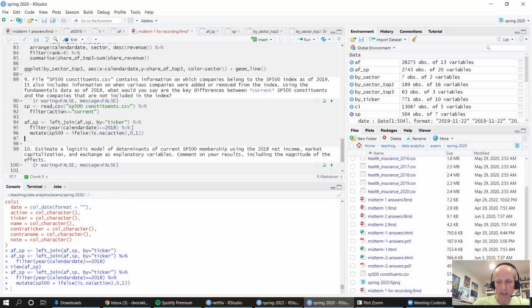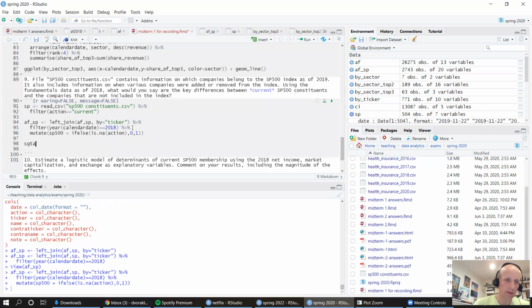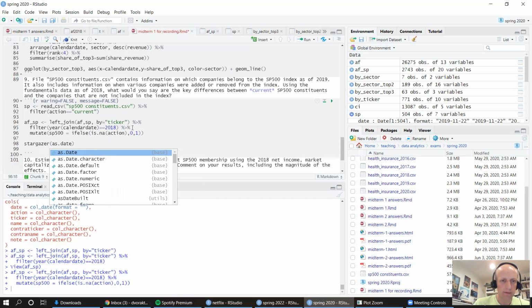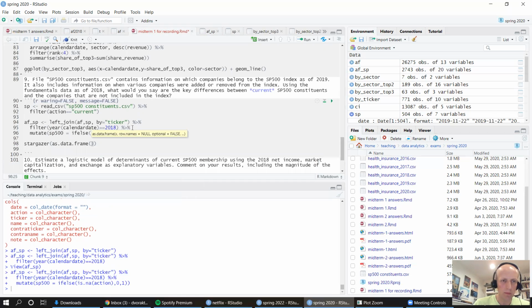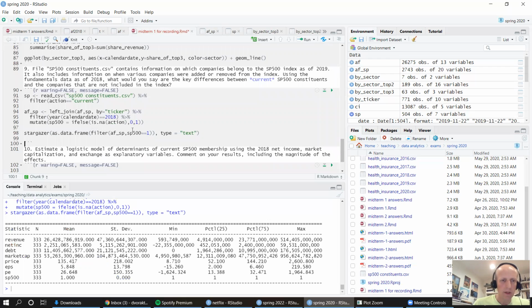Fantastic. Let's see how those companies differ. So let's use Stargazer, with a data frame AFSP. We'll use a filter of SP 500 equals 1, and type equals text. There we go. These are the descriptive statistics of the